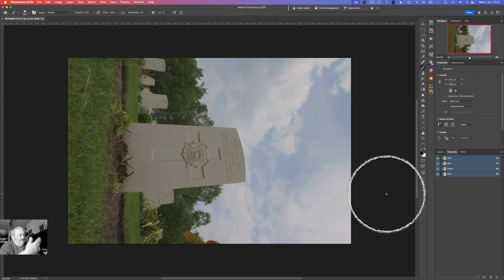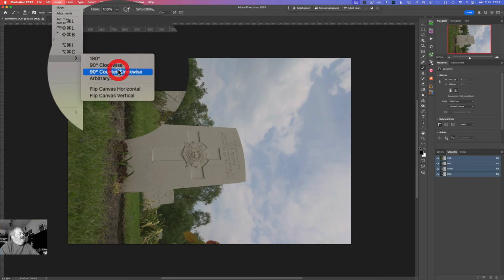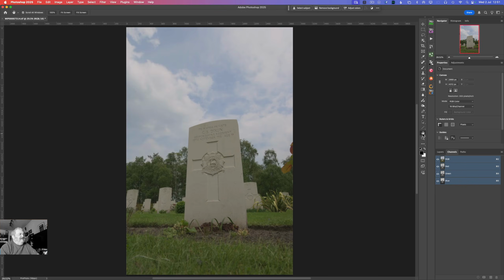Again, we can't work, or at least I can't work, on an image that's canted over on its side, so we'll go to image rotation 90 degrees counterclockwise, and just double tap the little hand key to bring it back to a fit to screen view. And as I said, what I'm going to do is make what you call a depth map. 1 or 2 bits of software will make depth maps, but of course I'm just going to use Photoshop, and